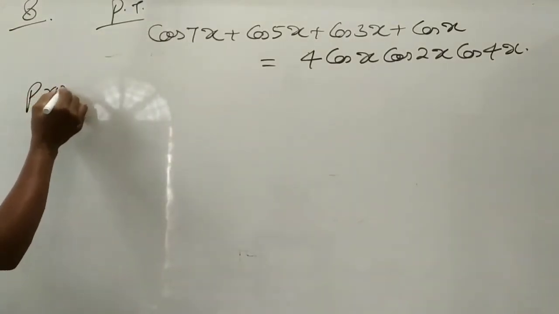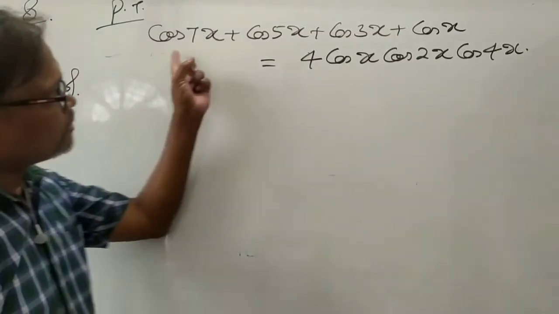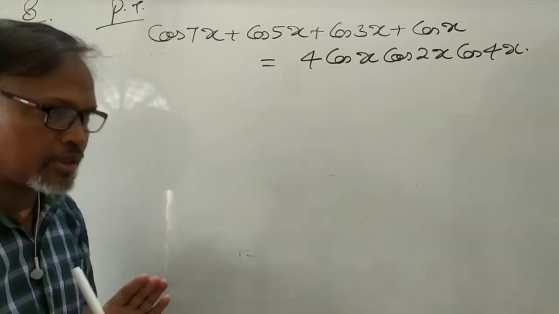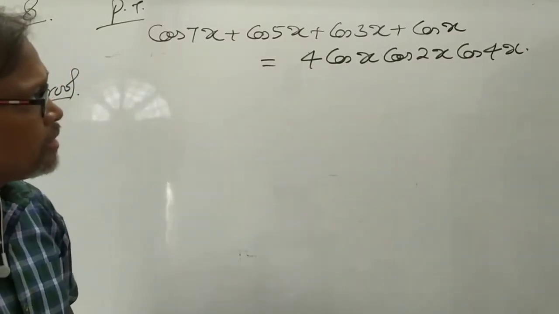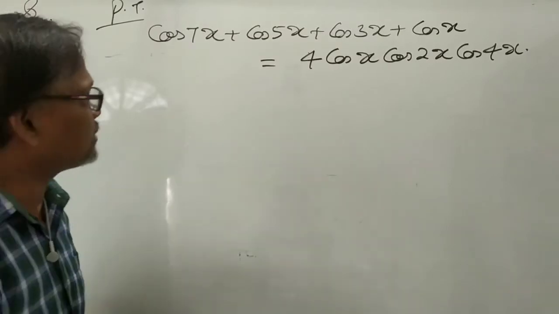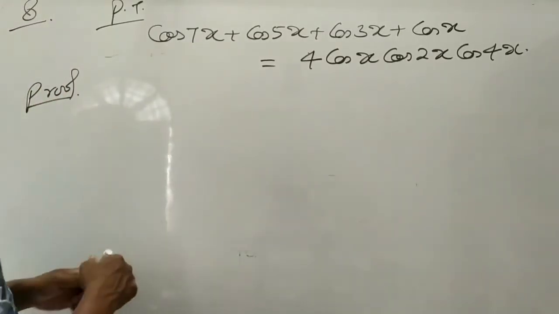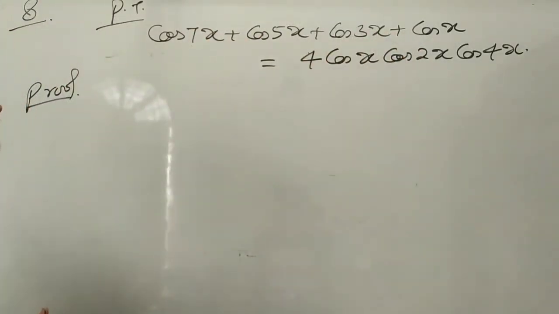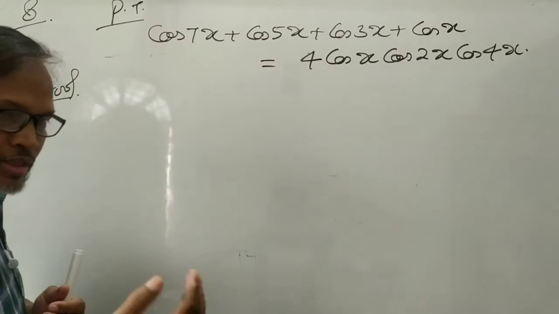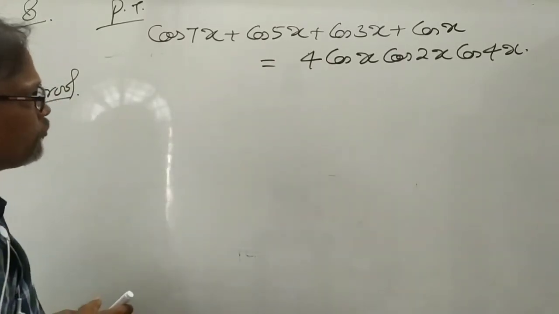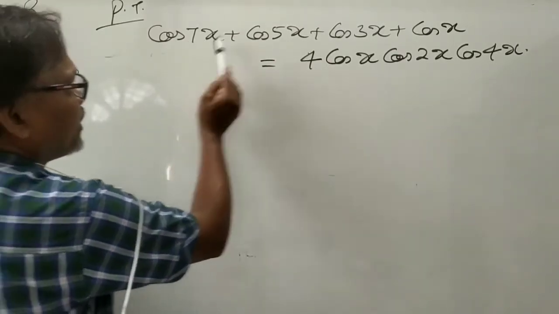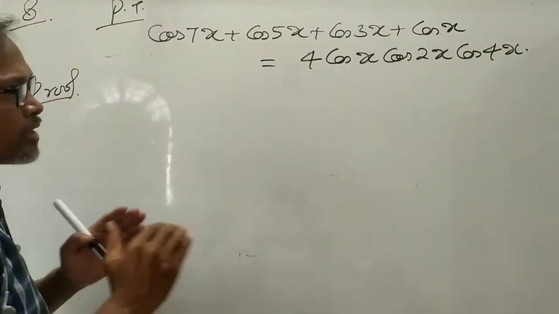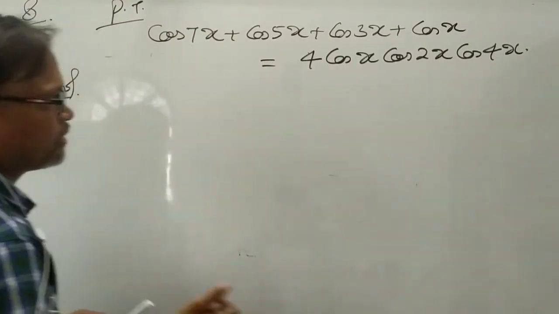How to prove? As there are the 4 terms and I had not told you about the formula using the 4 terms, but can you split in the 2? Yes, you can. Uniformly, if you will take say these 2 terms and these 2 terms you will get an answer, but it will take more time. If you make uniformity, because 7x and x is equal to 8x, 5x and 3x is also 8x, so you will get something common in that case.